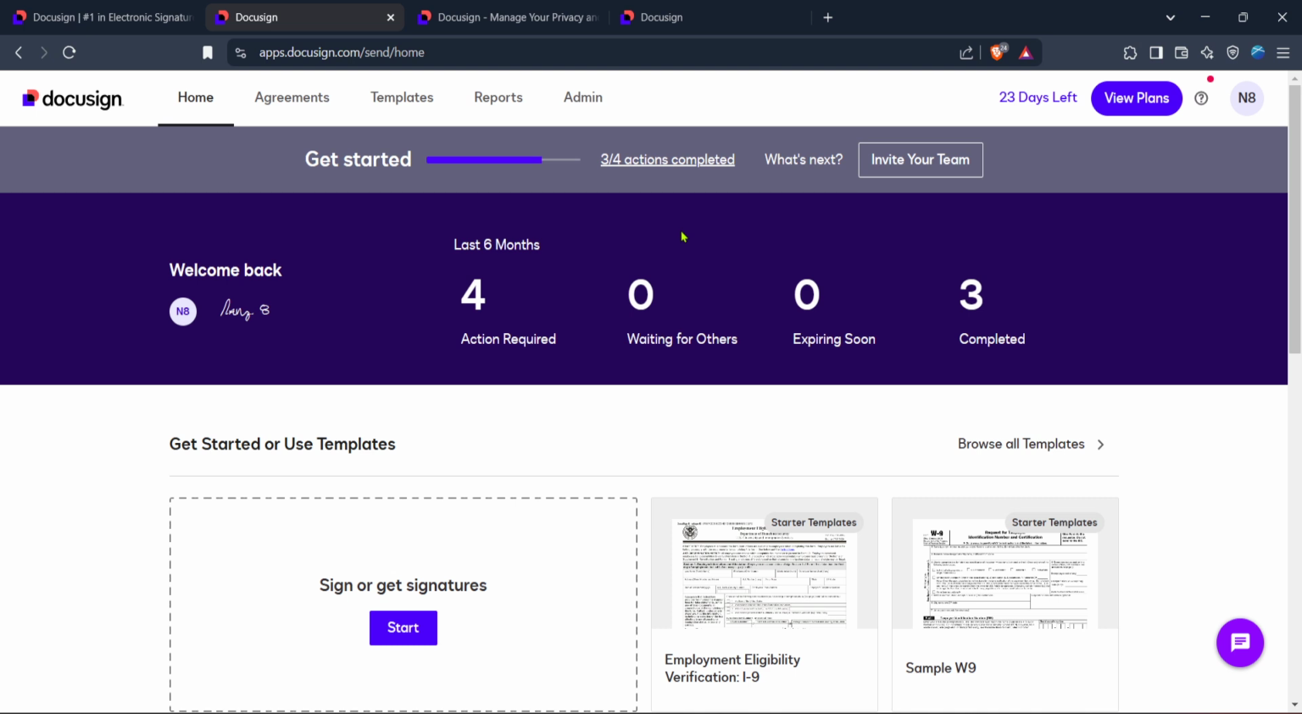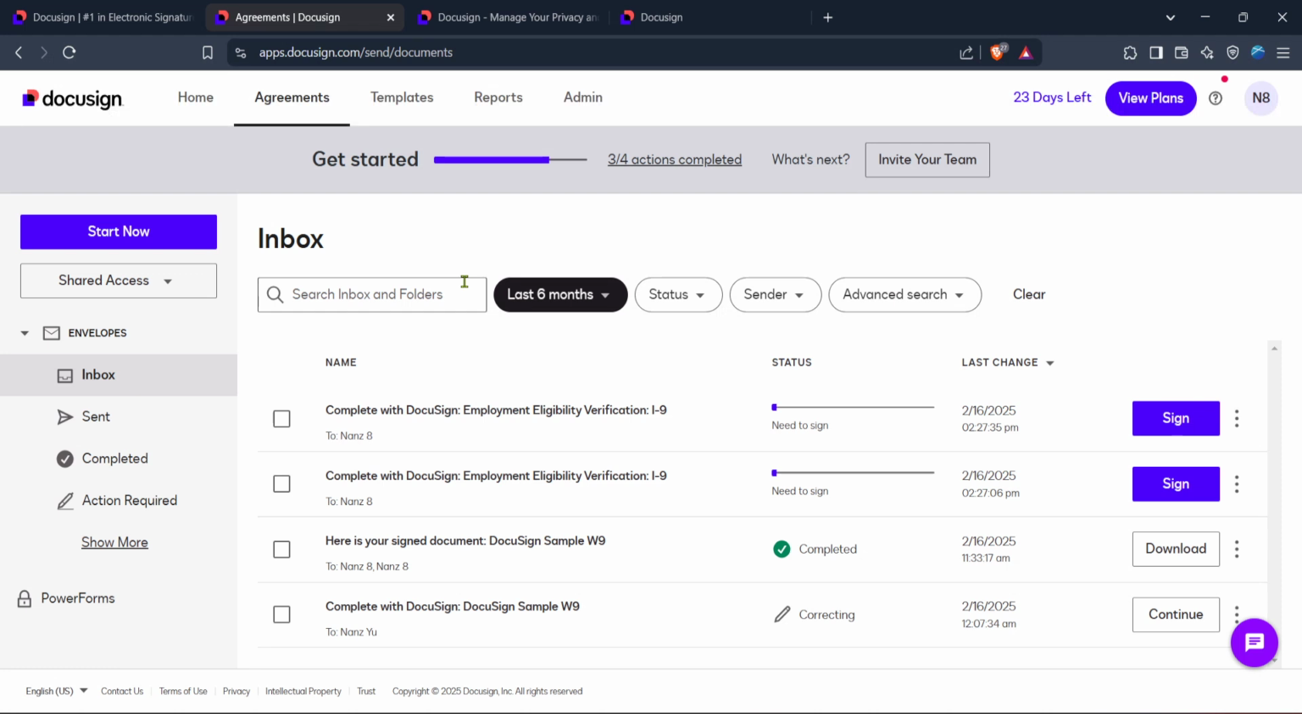From the homepage, look for the Agreements option. This is where you can access all active, pending, and completed documents associated with your account. Once there, go ahead and click on Agreements. Now, you'll want to go through and select a document from the list that you're interested in reviewing the status and history of. It might help to use the search functionality if you have a large number of documents to